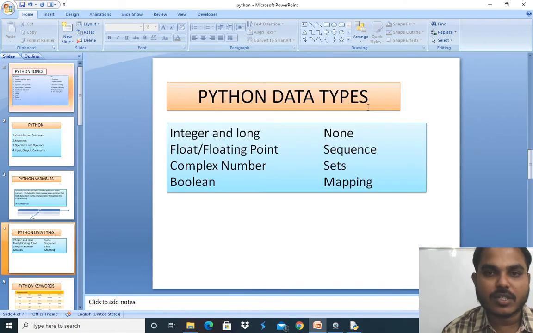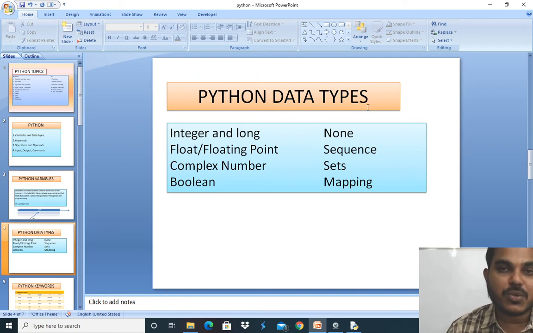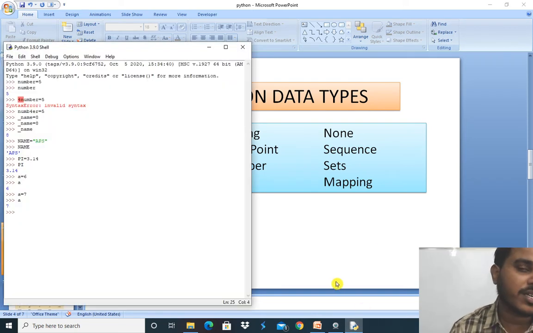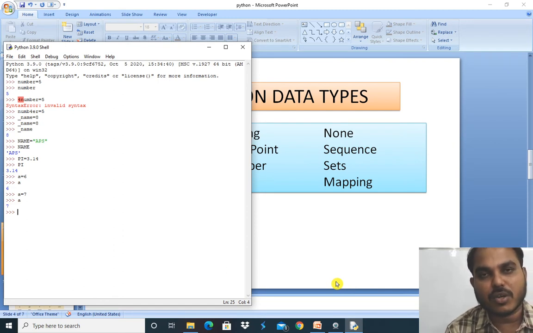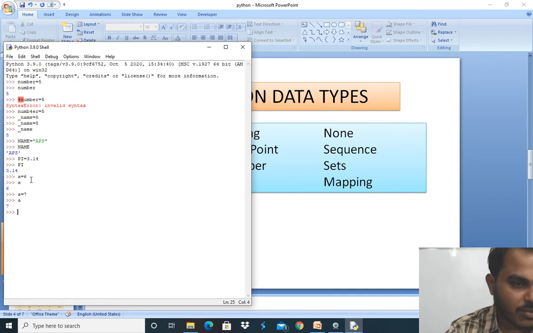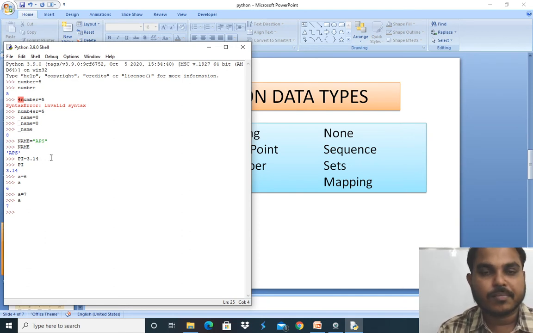The next topic is Python data types. When you start generating your code, keep in mind these are the data types we are going to use throughout. First, integer and long. Integers are numbers, a combination of both positive and negative whole numbers. For example, a is equal to 7 or 6, these values are integers.